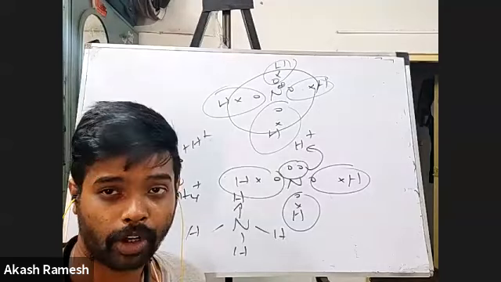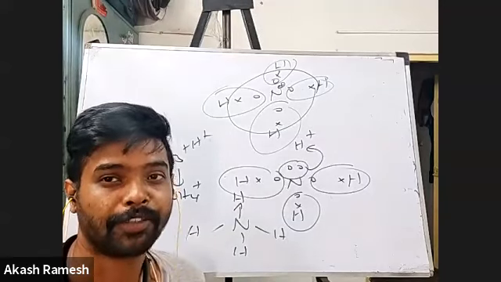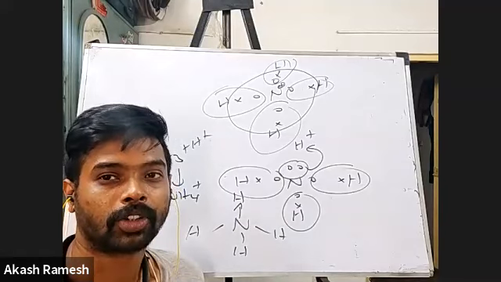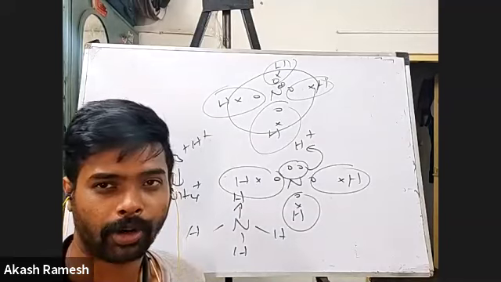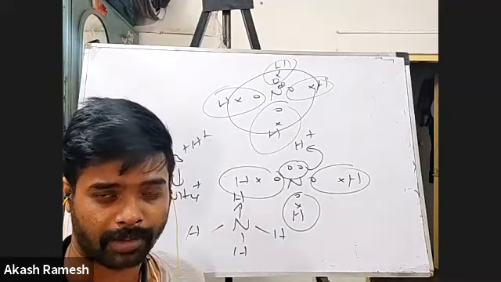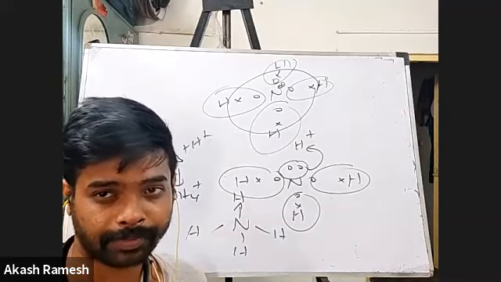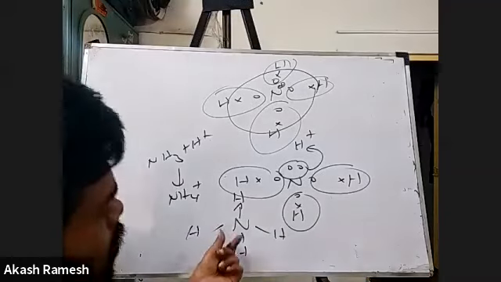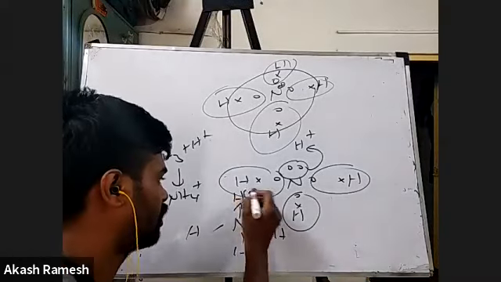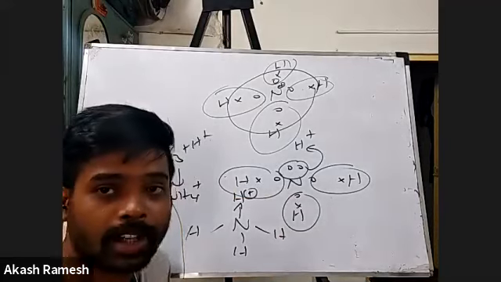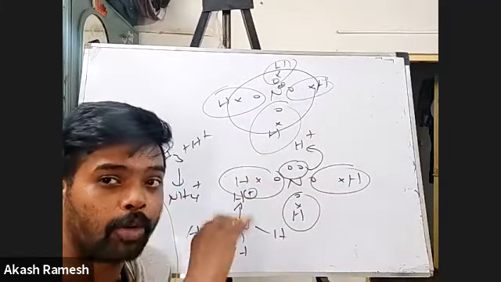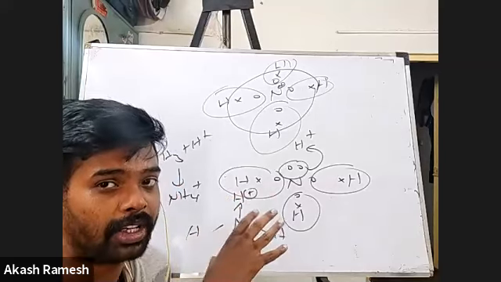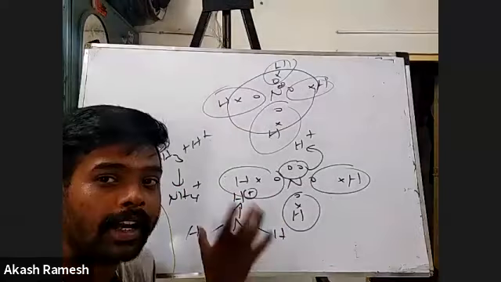It was SO4 2-, if you can remember. Right? So without a coordinate bond, I'll be able to draw the structure. With the coordinate bond also, I'll be able to draw the structure for SO4 2-. Okay, so anyways, this is H+, right? So this would have been the structure for NH4+. Okay, fine. So if I'm going to draw the hybridization for this particular thing, it is going to be a little